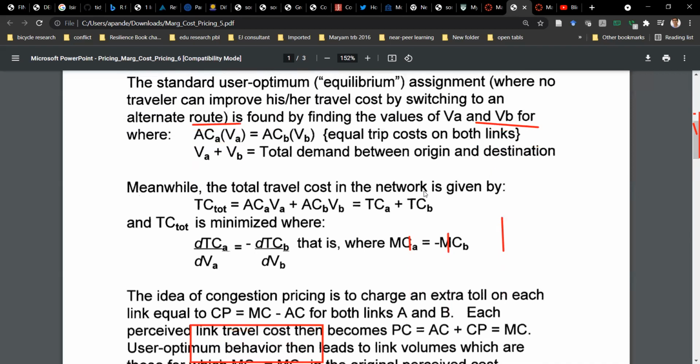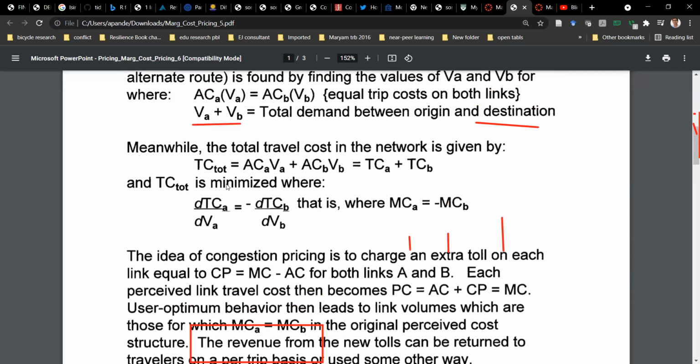Okay, so let's see what happens then. And then you could also figure out the total travel cost on the network though. So what I'm trying to get at here is that this is the approach that people will take if left to their own devices. They'll try to minimize their average costs. But if you want to minimize the total system cost, the total system cost will be that